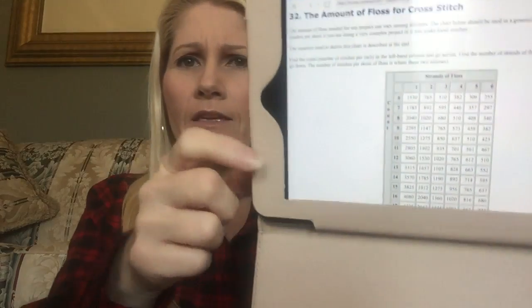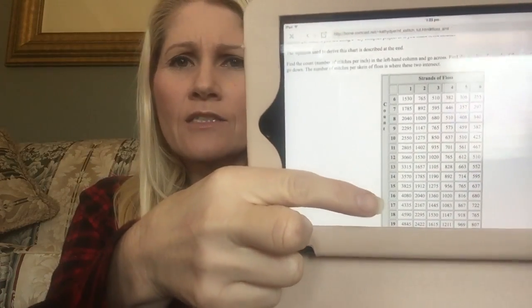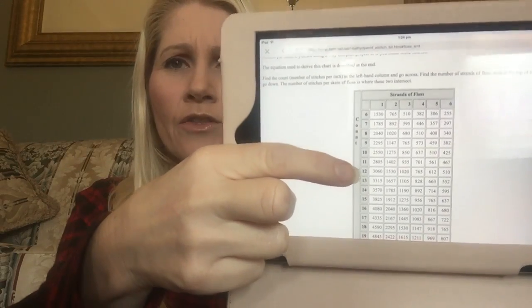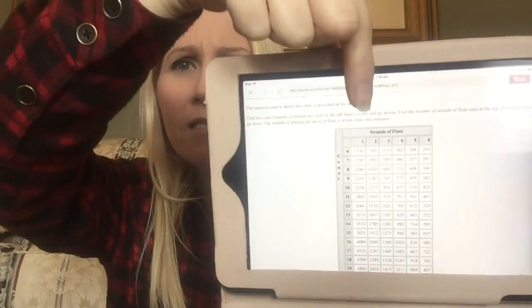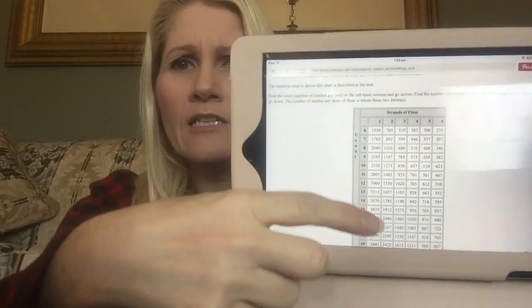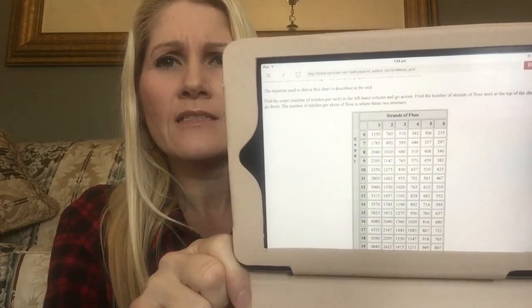But for what we're talking about right now, she has come up with a chart, the amount of floss for cross-stitch. Not sure if you can see that there. So on the left-hand side of the chart is your fabric count. So you find the fabric count that you're using, and then on the top of the chart is how many strands of thread you need to use. And you follow it down, and then it will tell you how many stitches you will get out of that skein,